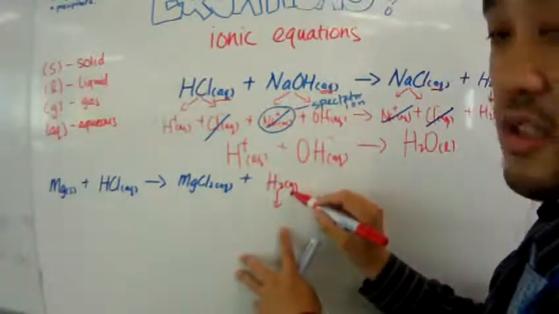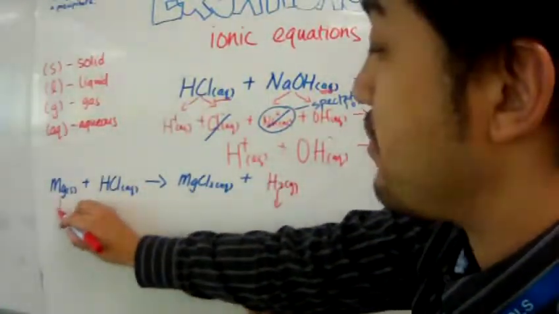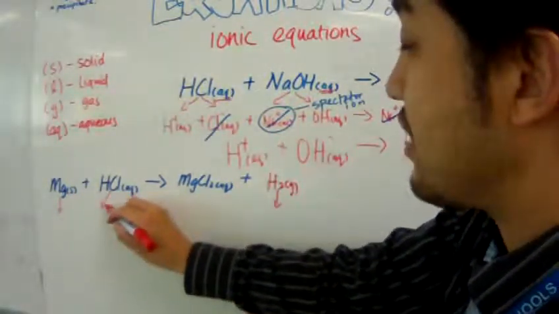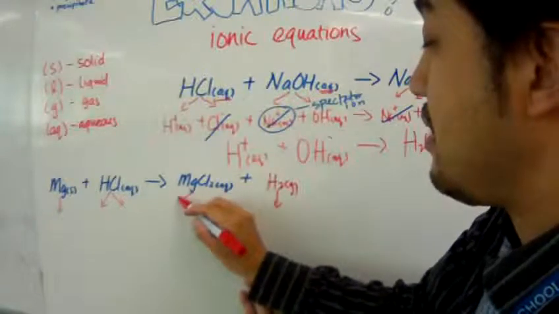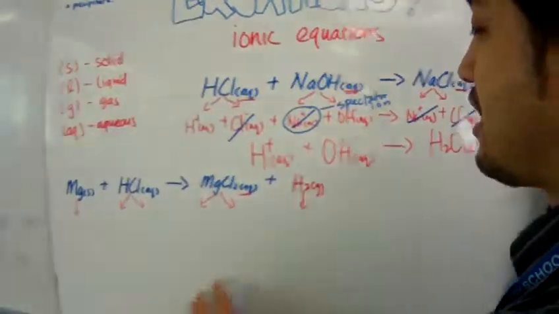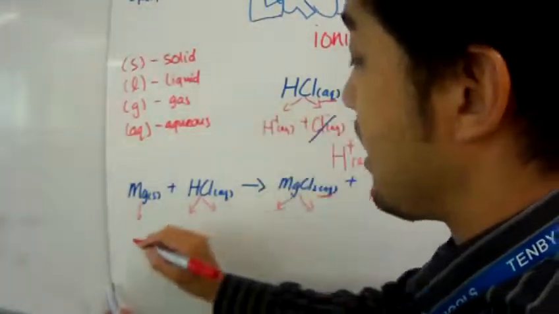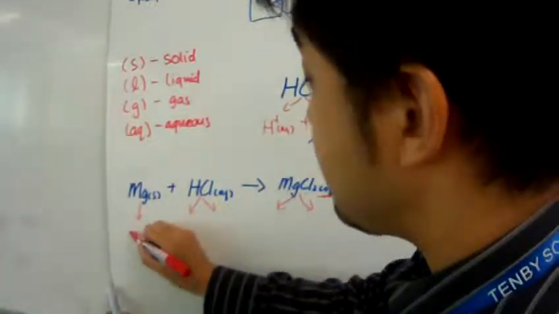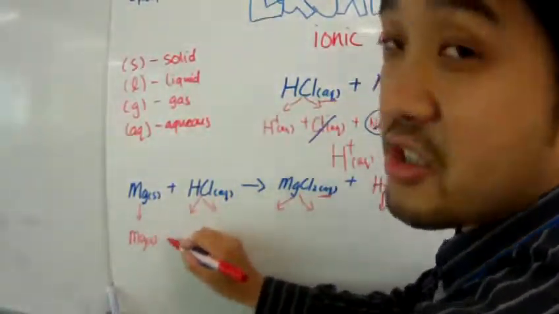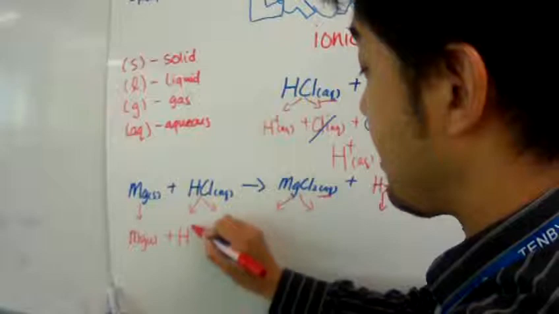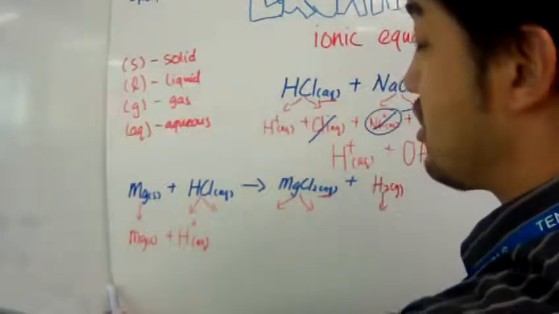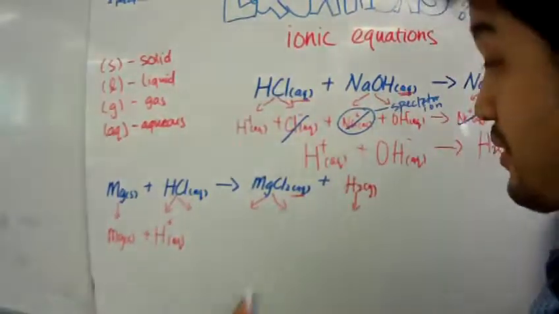So hydrogen did not split up because it's not aqueous. Magnesium did not break up, but hydrochloric acid broke up, and magnesium chloride also broke up because it's aqueous. All right, let's write down the ions or substances that are formed. Magnesium did not break up, so I just copied it down. Hydrochloric acid broke down into hydrogen chloride, broke down into hydrogen ion and